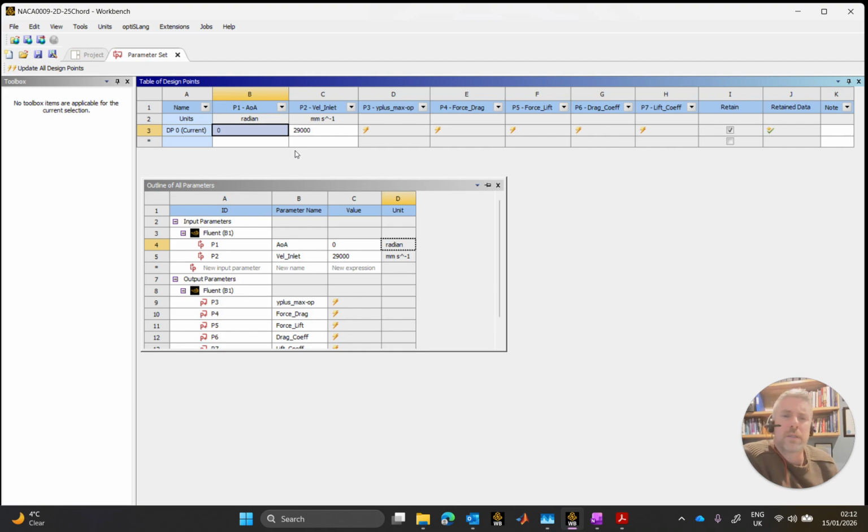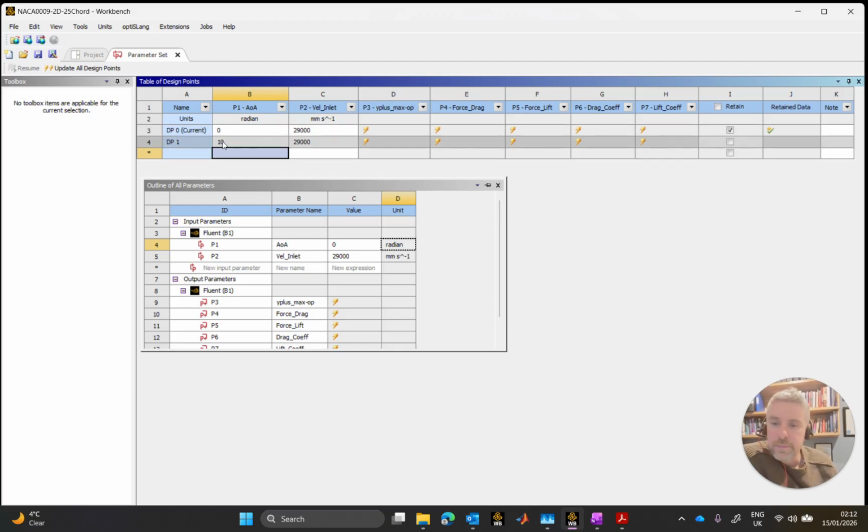I'm just going to put in another design point now. See, if I was to even just change the angle of attack, I put this in at 10 degrees. Right? I can now just run this design point. And it's going to take 29 seconds, but it'll calculate all new values. And in fact,